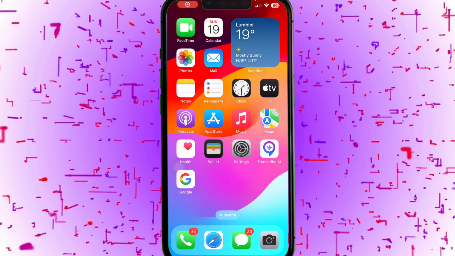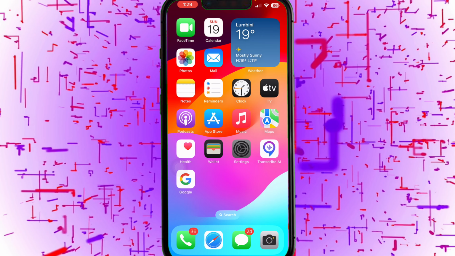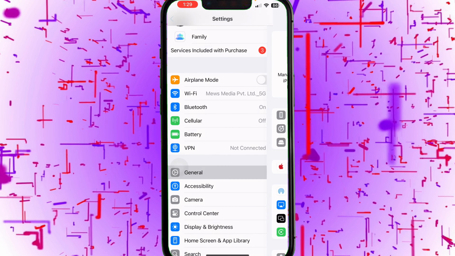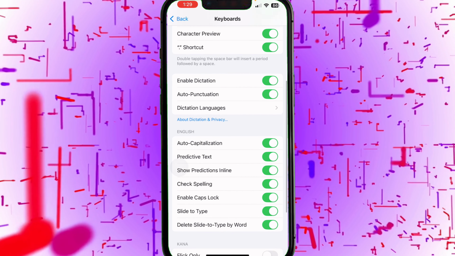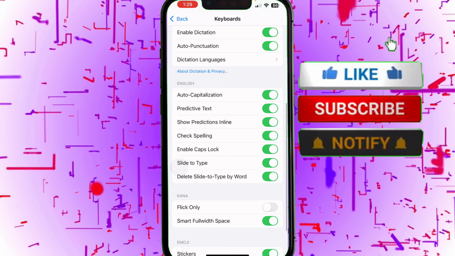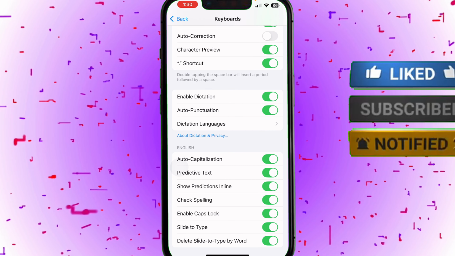First of all, make sure that dictation mode is enabled in your keyboard or not. For this, go to the settings and tap on general. Then look for keyboard, and once you tap, scroll down to the bottom until you see the enable dictation option, so turn it on. Now go back to your home screen